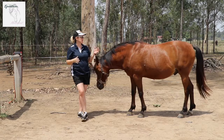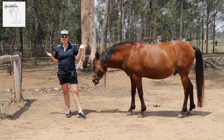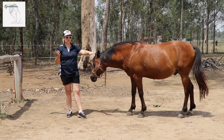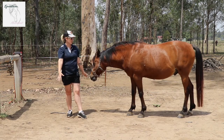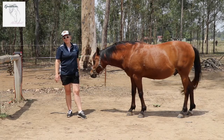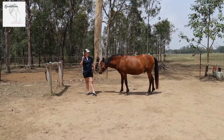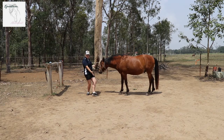So as we were talking about being tied up, they can't see you when you're directly in front of them or directly behind them. When we have them loose though, we are quite happily moving around their head and their shoulders here because he has plenty of room to get away from me if he wants to, and I have plenty of room to move. So probably the most dangerous part at this stage, because he's such a dangerous horse,